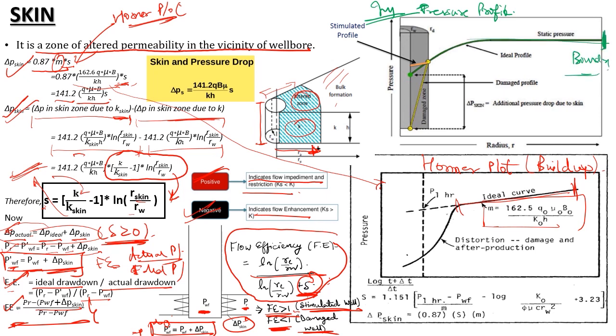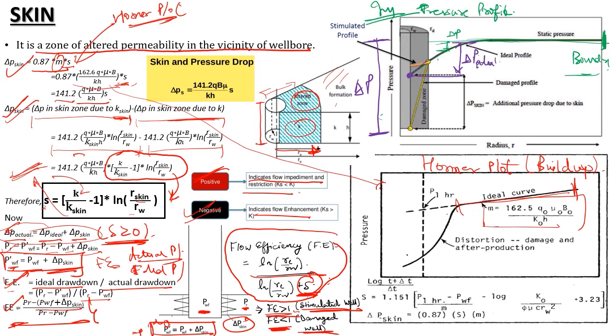From the boundary, this is my pressure profile, that is, my reservoir pressure is coming down. Why is this pressure going down? Because as my fluid flows from the boundary or from the reservoir to the wellbore, I will definitely get a pressure drop. So at the damaged reservoir, this is the extent of my delta P pressure drop because of the damage. Now let's say if it would have followed an ideal case, this particular pressure drop would have been my delta P ideal case.